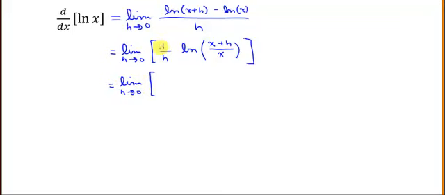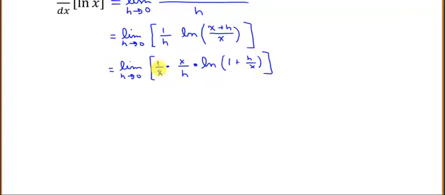What I'm going to do is I'm going to multiply this by x over x, but in this form, it would be 1 over x times x over h. Notice if I multiplied those together, I just get 1 over h, so I haven't really changed anything. And this is the natural log of, well, I have x over x plus h over x. X over x is 1, so it's 1 plus h over x. Then